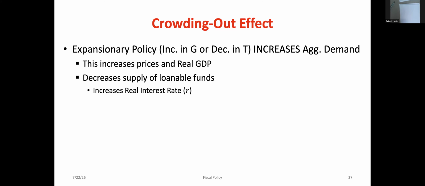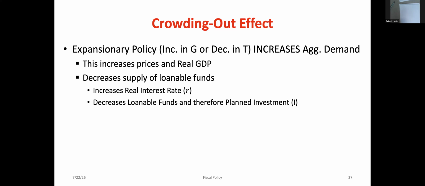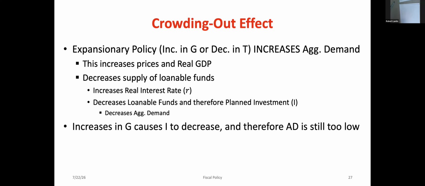So what is that going to do? It's going to raise our interest rates. It's now more costly to borrow. Companies make fewer investments in physical capital because borrowing is more expensive. That decreases our aggregate demand because part of aggregate demand was investment in physical capital. So that same increase in government spending is not going to have the same total effect on the economy, because the secondary effect is that it also changes the investments in physical capital. Right? So we would still have a recessionary gap.